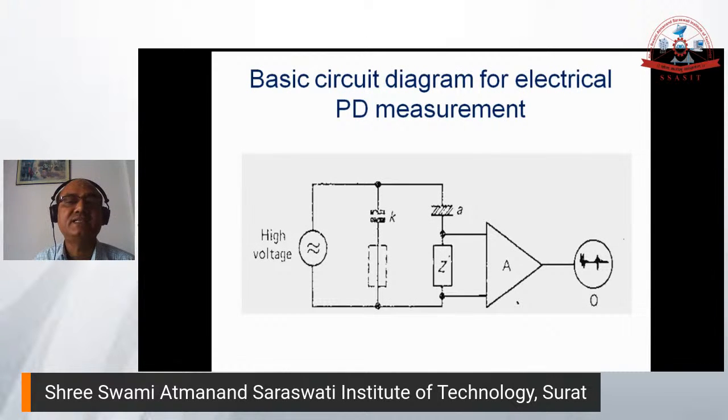So this way it is measured. This is reflected in the circuit, which is put as a coupling capacitor and test object capacitance, it's a quarter pole. This is measured in a PD measurement instrument or in an oscilloscope. So these discharge pulses